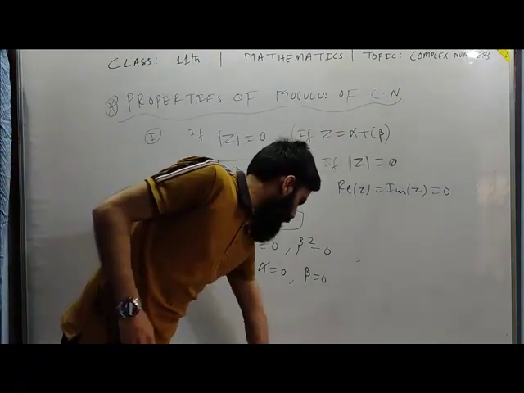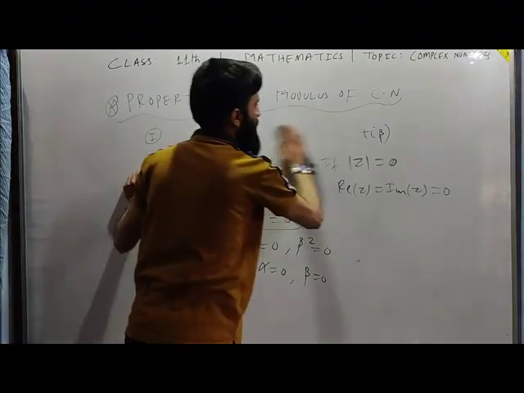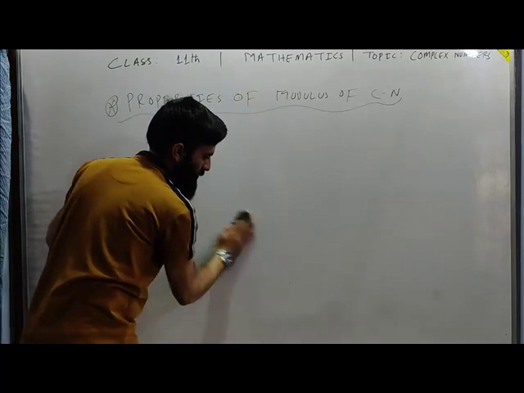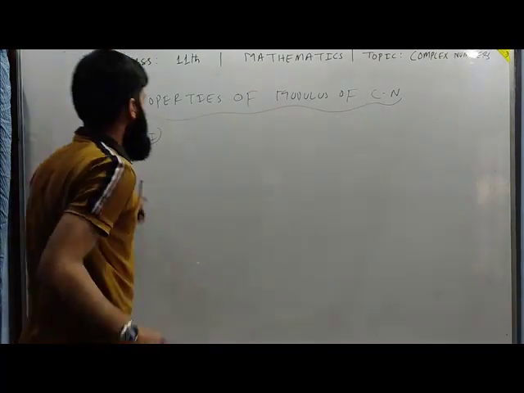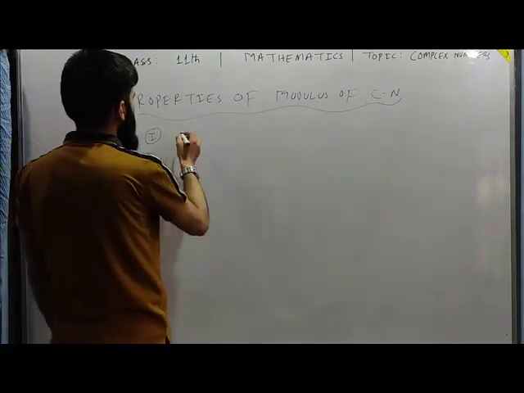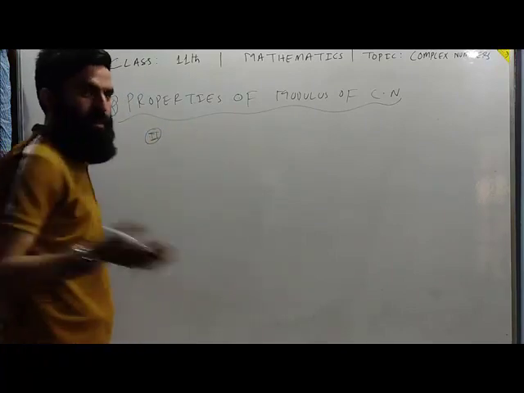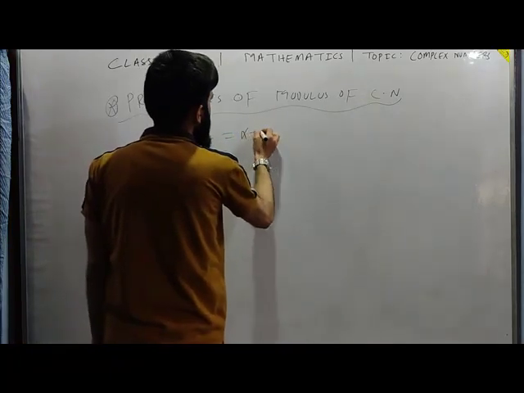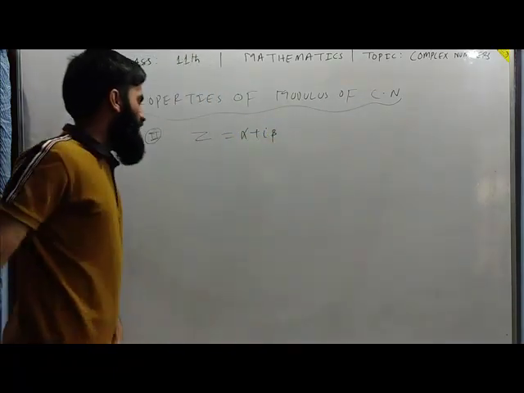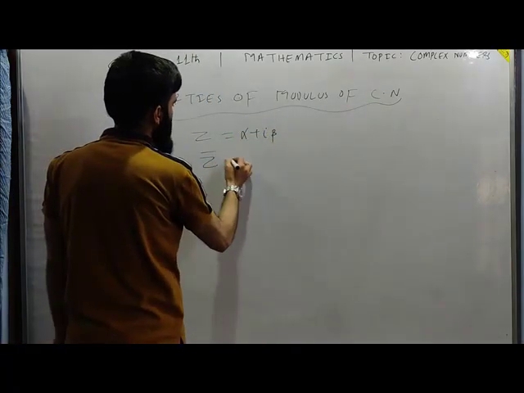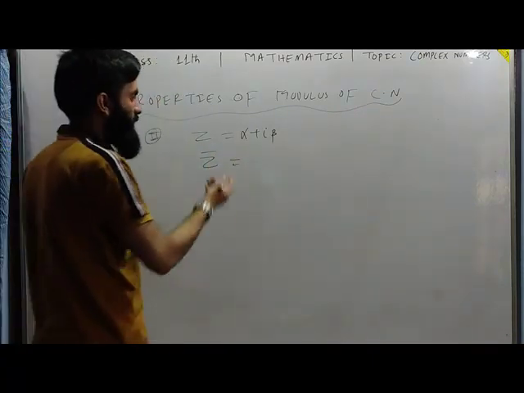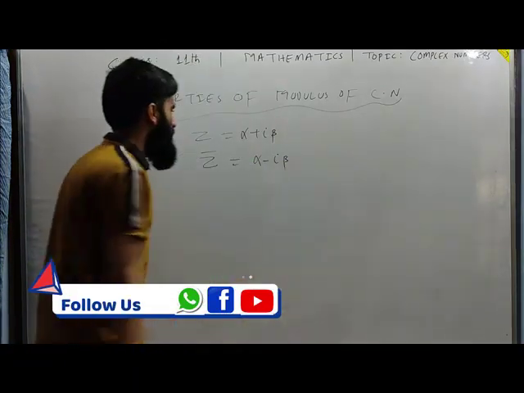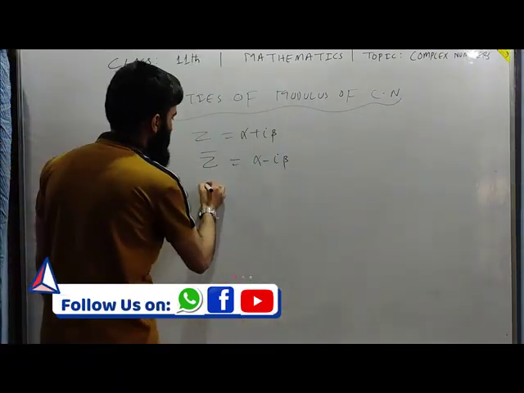Now moving towards the second property. Our second property is like this. Let's take an example. This is z, which is alpha plus iota beta. Now let me take the value of z bar, or you can say the conjugate of z. What will that be? We have to change the sign of the imaginary part only, that is alpha minus iota beta. Now we take an example of minus z.